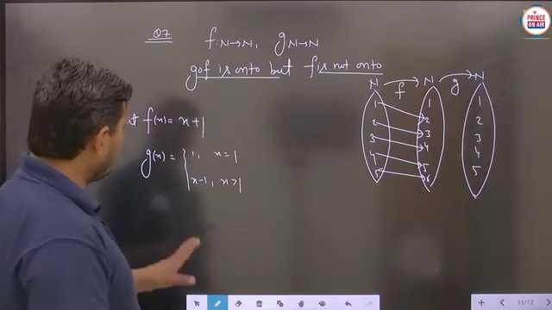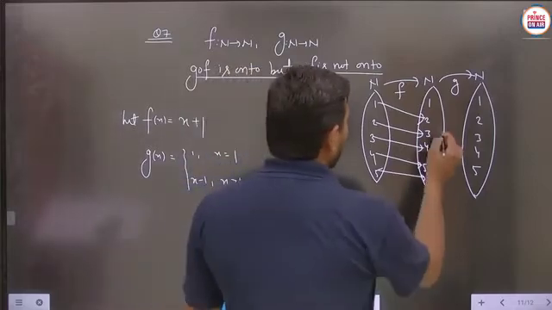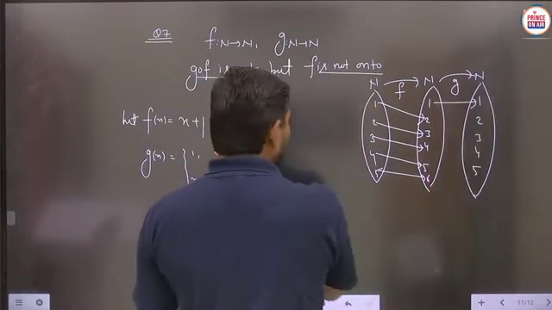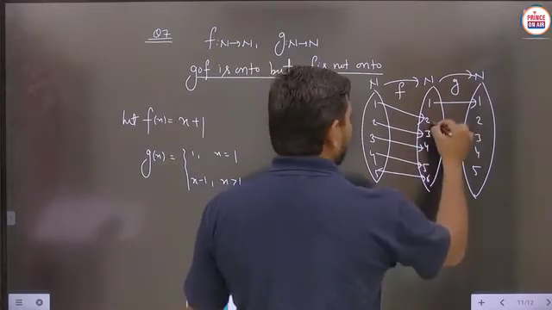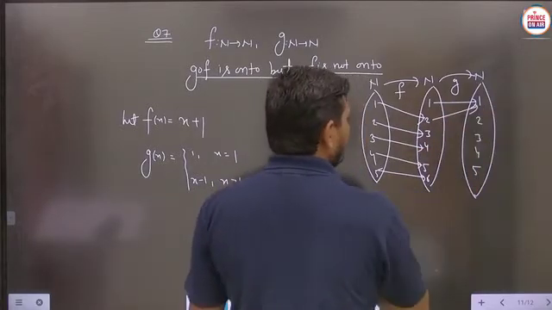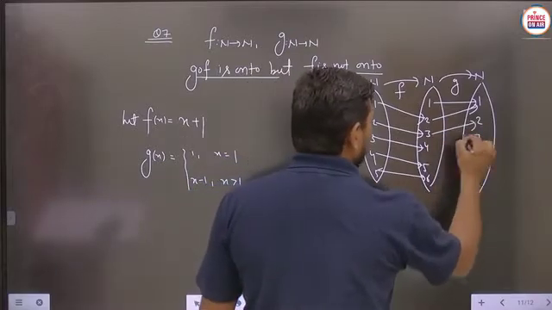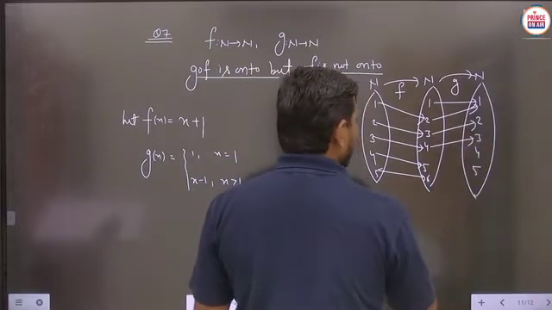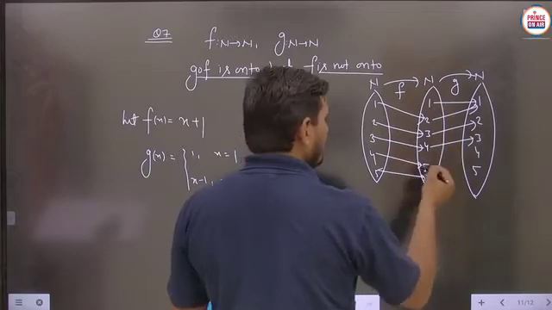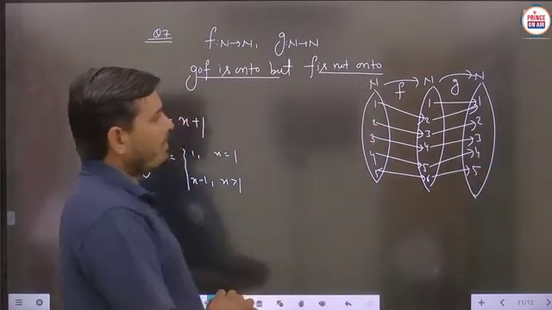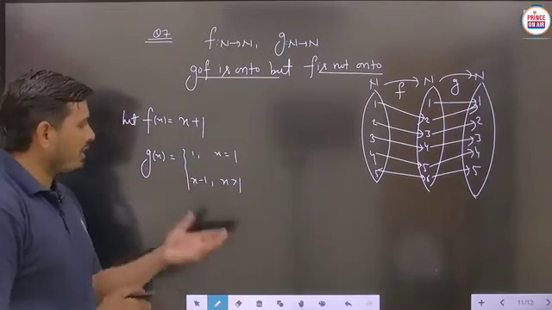So basically we are taking 1 for 1, so x equals 1, then it is 1. And after that we take 2, then 2 minus 1 will be 1. Then after 3, 3 minus 1 will be 2. Then 4 minus 1 will be 3, and the situation should be like this. Is that clear? So this is the function g we are taking.